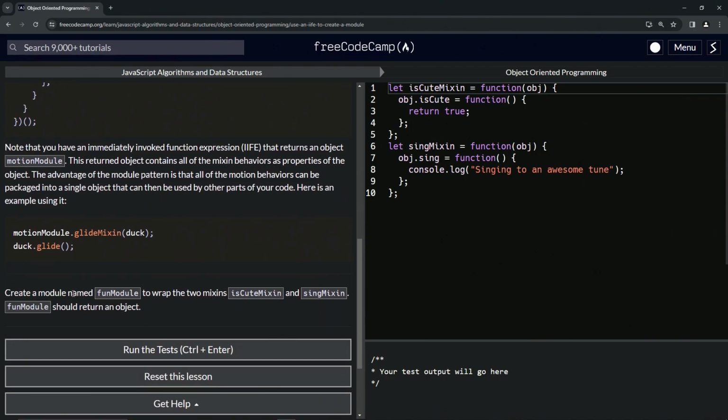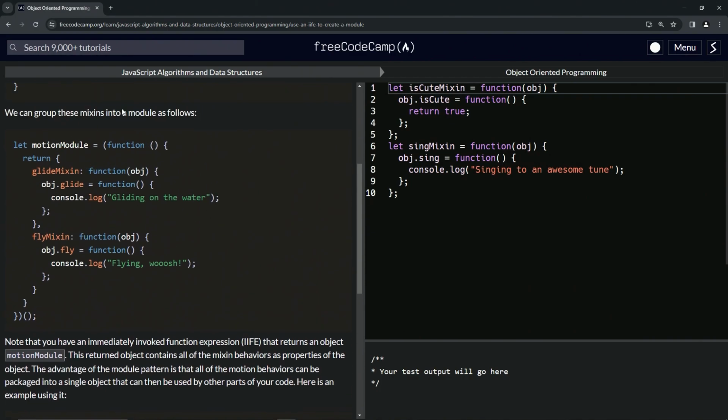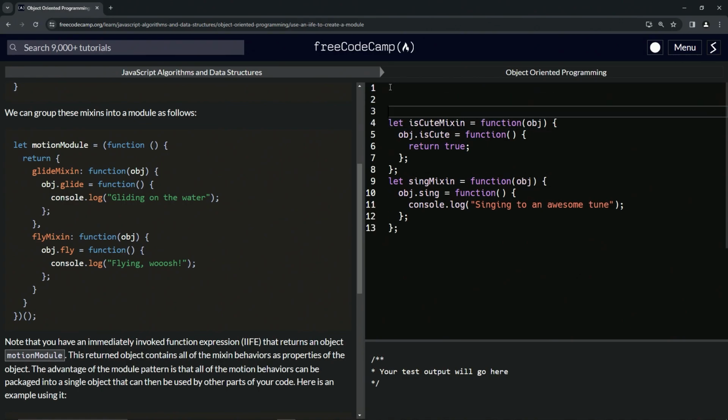Now we're going to create a module named funModule to wrap the two mixins, isCuteMixin and singMixin. funModule should return an object. So basically we're just going to copy this format over here and bring it down here. We'll start off by saying let funModule, and then we'll say equals,